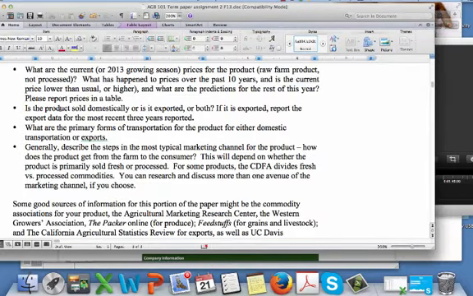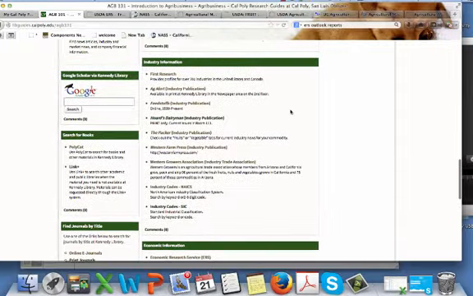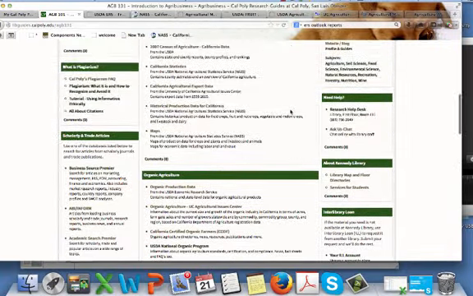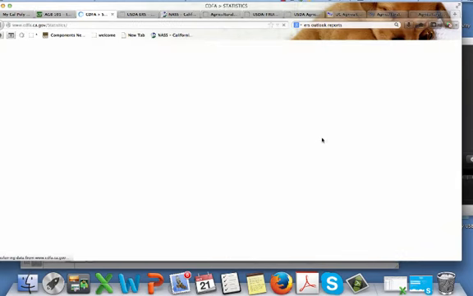The information you need to find is whether the product is exported. We talked about this in class, and you have a couple of ways you can find this information. It's literally printed in your Ag Business course book, but if you'd rather look at the electronic version, you can find it two ways. You can go back to our original source of our California agricultural production statistics